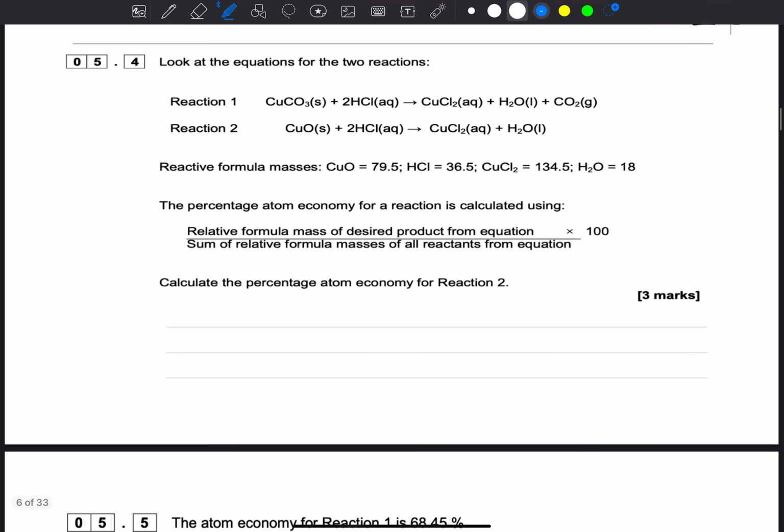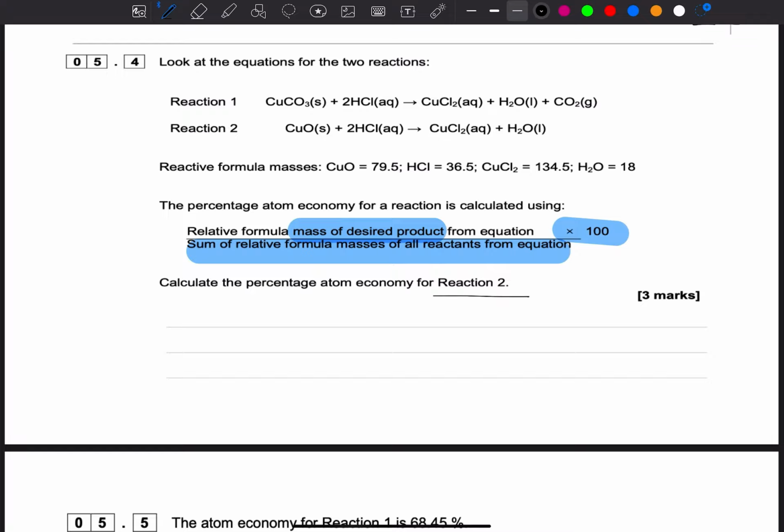Percentage atom economy. Atom economy, that's the second thing that you need to know, is mass of desired product over total reactant mass times it by 100. The percentage atom economy for reaction 2, what do you want to work out? If you look at it, what is the desired product here? And we are looking at reaction 2, remember. Do you think they would like water or they would like copper chloride? Most likely it's copper chloride, isn't it? So what is the mass of the copper chloride, desired product? What have they told you? Copper chloride is 134.5